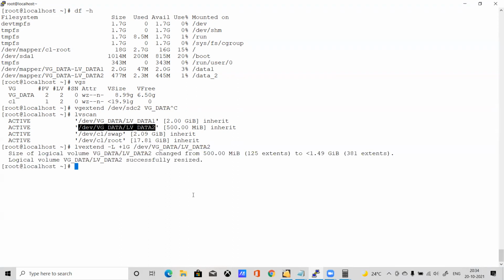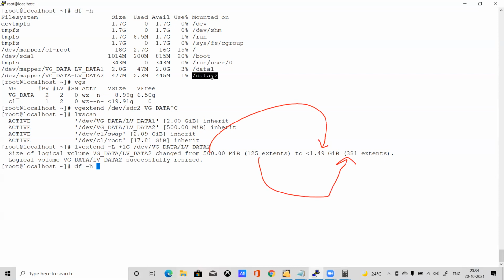Now you can see it has extended. The current size is 1.49, and the extents went from 125 to 381. It's increased. But if you see the size with df -h, it is not extended here.